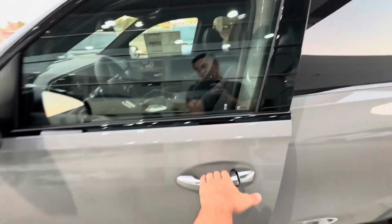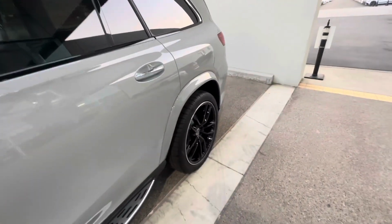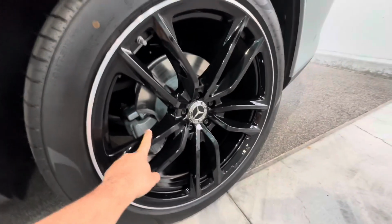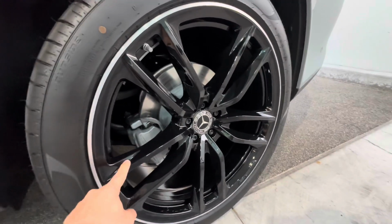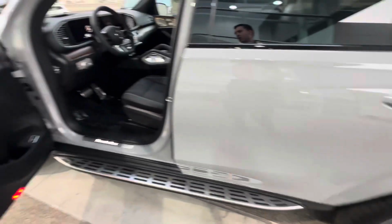You have the Night Package on this car, which of course you would need to get these 23-inch black wheels. I would personally like it if these wheels were matte, with a matte finish. I'm not a big fan of a glossy finish, but that's the only option Mercedes-Benz offers right now on the GLS